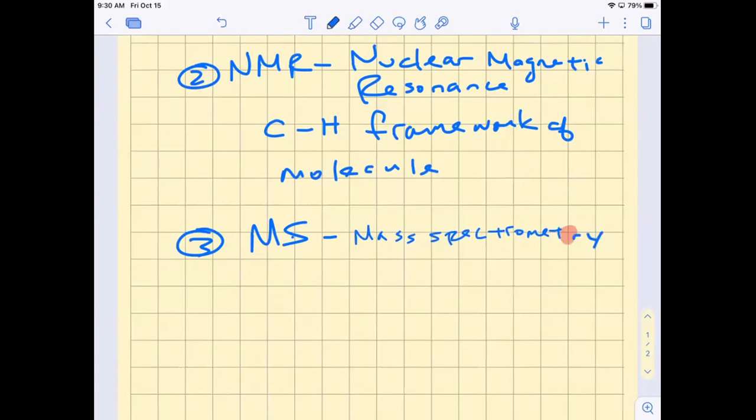So mass spectrometry gives you an idea of size and molecular weight. That's what it measures. It's a method that's used to confirm whether or not you have a particular product that you synthesized, and it tells you the molecular weight, and it breaks the molecule into fragments so you can look at the different fragmentation patterns and things like that. And then finally, we're not going to do a lecture on UV, but UV spectroscopy